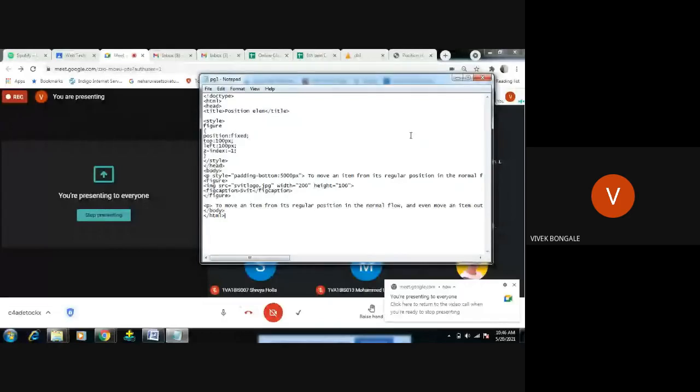Positioning means one image where we're going to change the position. One element is there at normal flow initially, and I'm going to change the position of that element. But we can't use the same element on the same position multiple times. To do that part, we're going to use float. But the working is the same when it comes to floating and positioning. I hope you guys have got the difference.